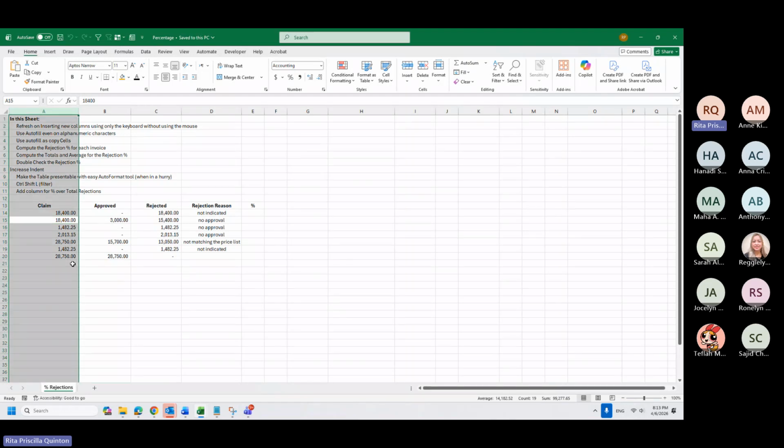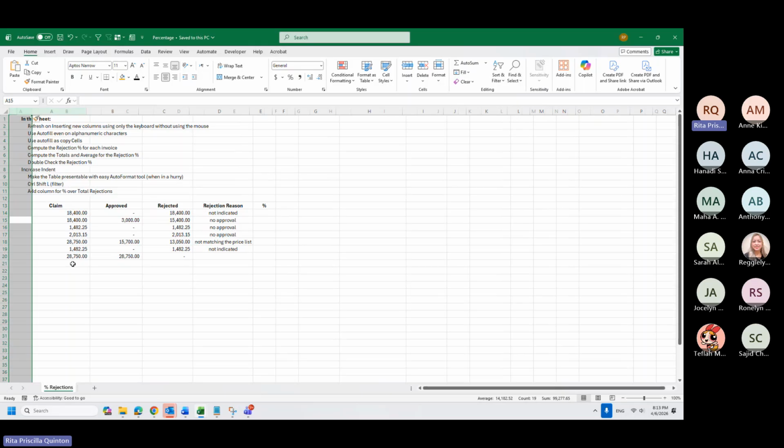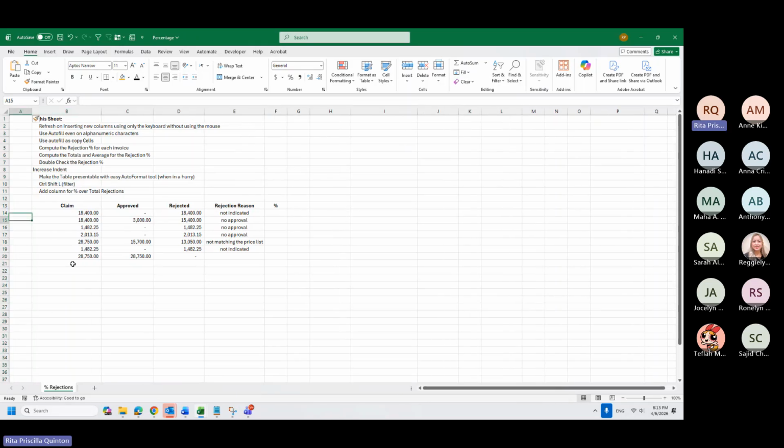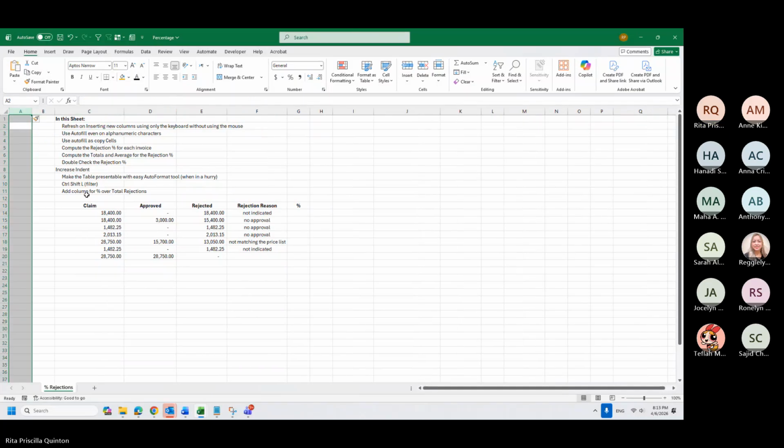So in this case, I will just press control and space and then control shift plus. So it will insert a new column. So this is my first goal for today. Refresh on inserting new columns using only the keyboard without using the mouse. So again, control space, control shift plus.